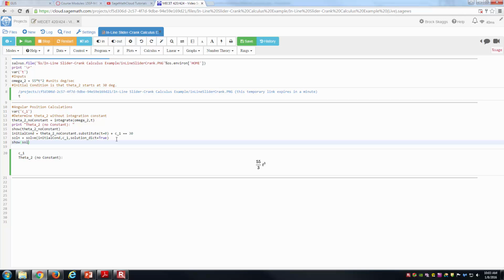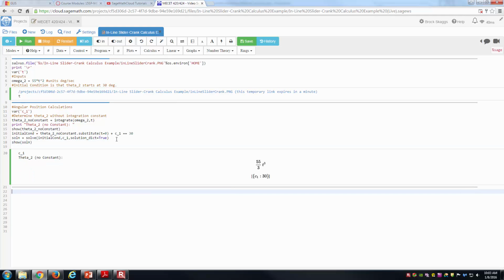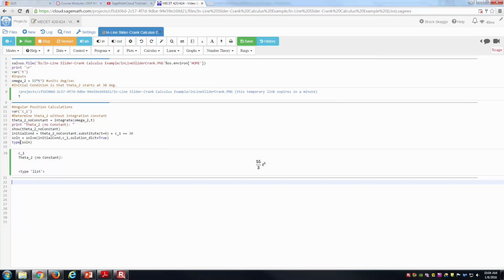And what that does is allows me to look at the solution a little bit differently. Here I've solved for the solution, and on line 18 I'm just saying show it. And so C1 is going to be assigned the value 30. And so 30 degrees is equal to C1, that integration constant. If you went to type right now on solution, you would see that it is a list. Right there, it is showing it's a list. And so we want to get the dictionary out of the list. And so I'm just going to put solution_dict